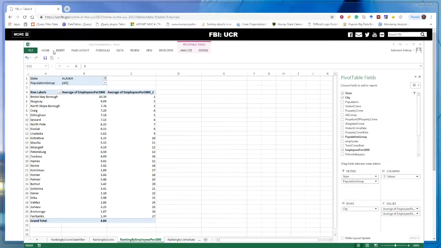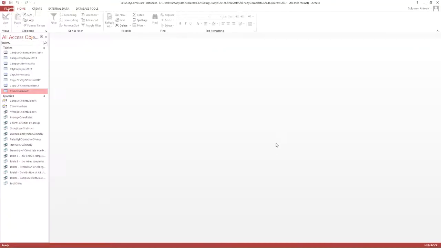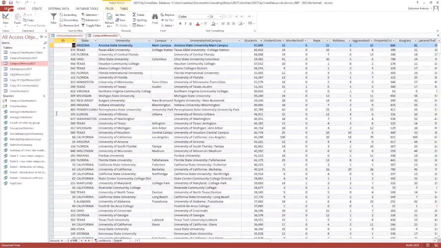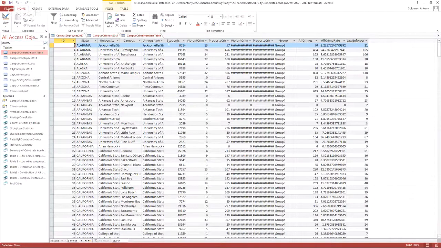In the same database file, I have campus employees data and campus offenses data. Based on that, I combined these two tables, and I got campus crime numbers data. So we got students, violent crime, and also the number of law enforcement employees. This time it came down to 513 records, because not all campuses have all the numbers needed, so some of them got dropped out.